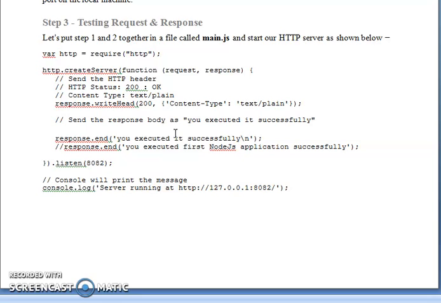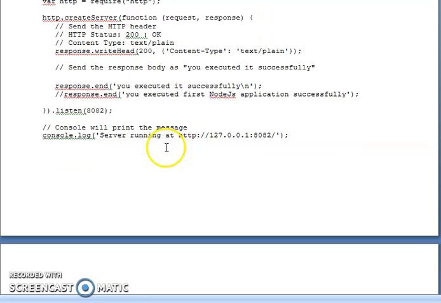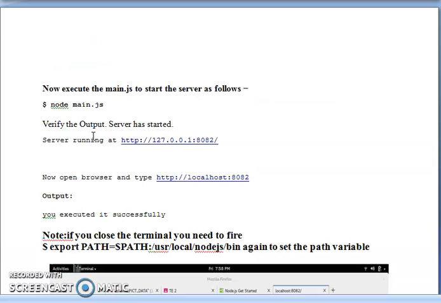Now how to test the request and response? We have already seen this code. How to execute this file? Just type node main.js. Make sure that you are firing this command from the directory where this main.js file is present. So node is the command and main.js is the file name, your server file name.